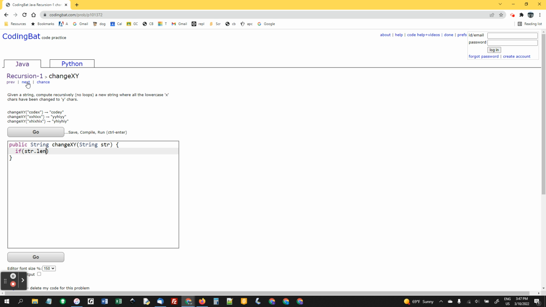If str.length is 0, return nothing. I'll try that. I don't remember what I did last time I did this. It was over a year ago. But now, if str.substring 0, 1 equals x, return y plus